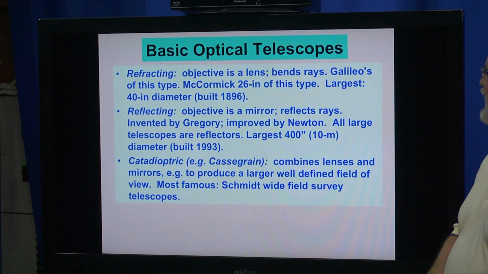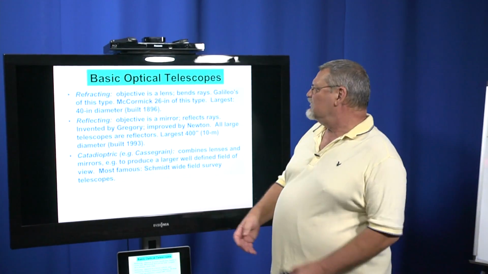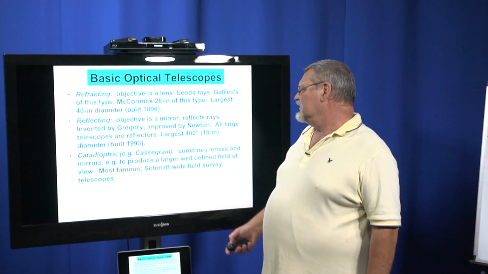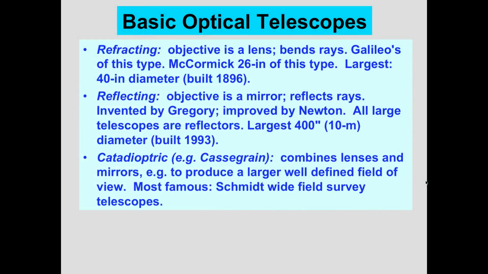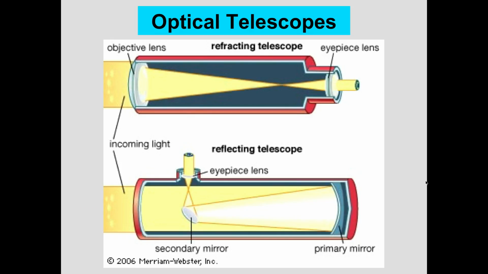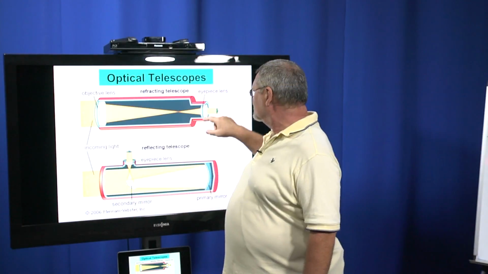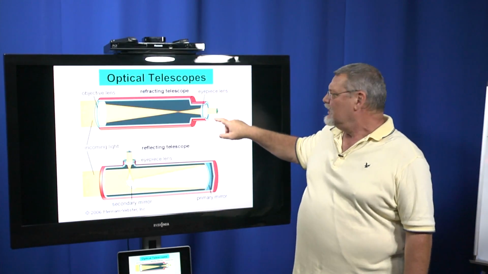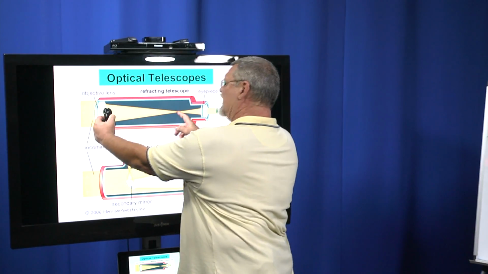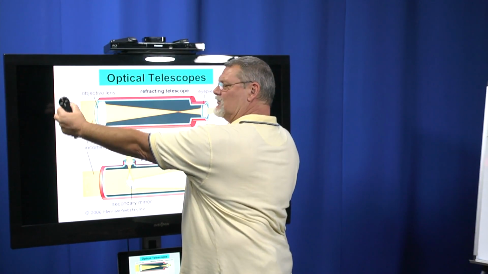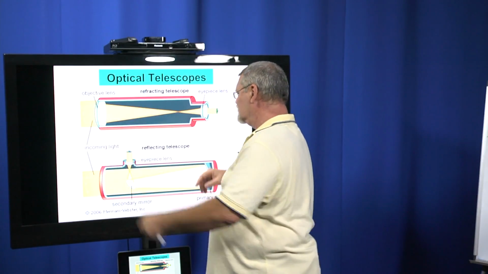So for basic optical telescopes, we have refracting, we have reflecting, and we have a Cassegrain, a catadioptric. More specifically, here is a refractor telescope. We have a very large objective lens at the front. What kind of lens is this? It's a convex, it's focusing it. The light comes down, crosses itself, and starts to spread out again, and there's another convex lens that straightens it out again. And the length of this focal length here, that's the magnification power. So if you want more and more magnification, you need a larger, longer telescope.